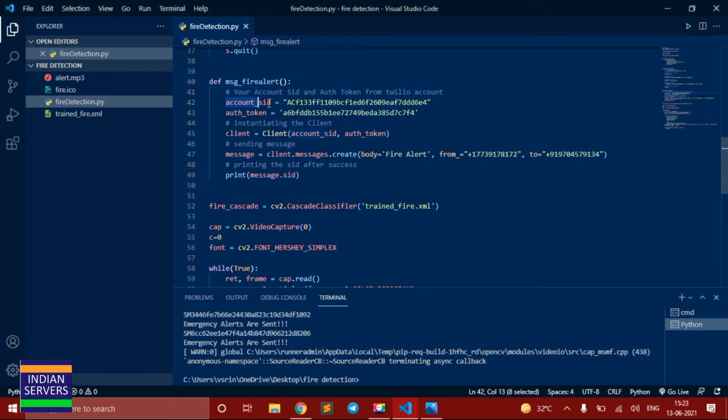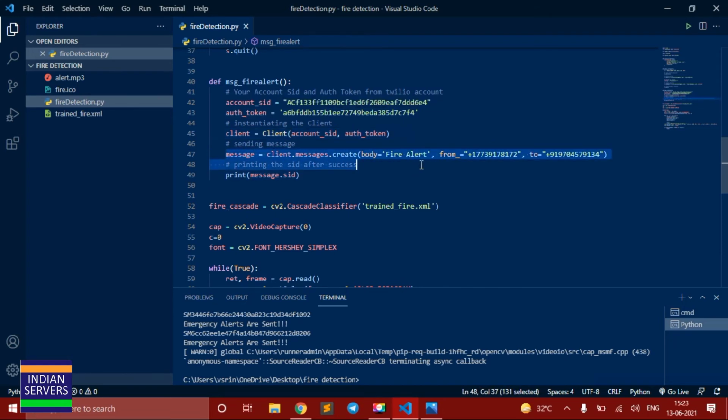So here, first these two belong to the Twilio account. You can check it in the resources and Google. Just type Twilio, and you will get it. After creating a trial account, you will get these two things. Fill them, and you should start initializing a client with this SID and token numbers and create a message.